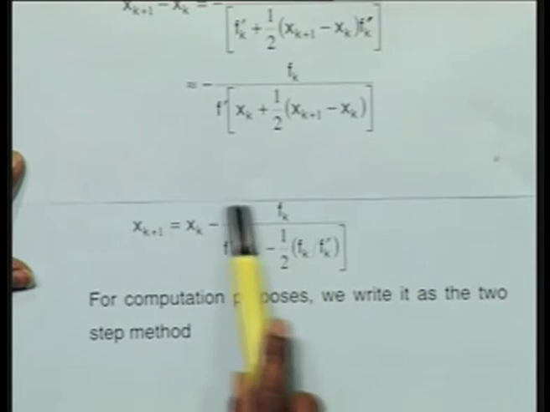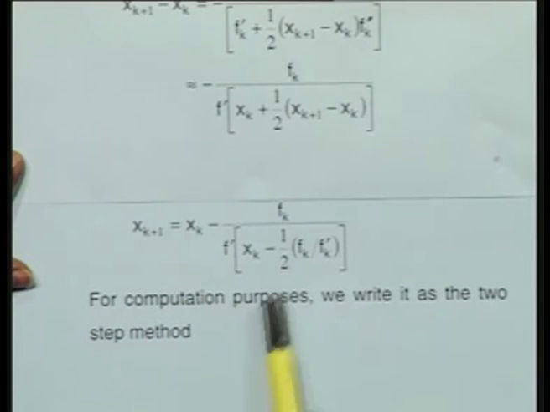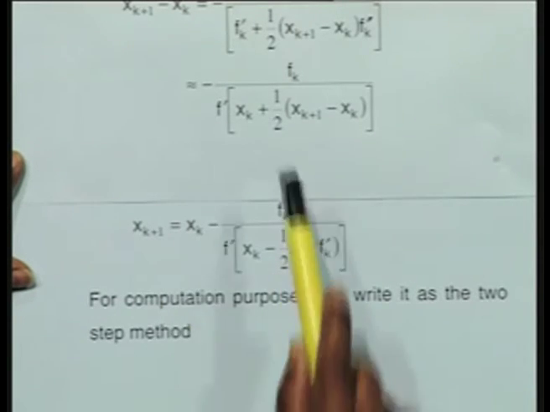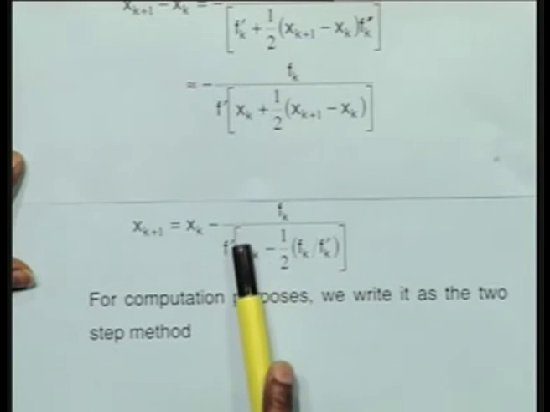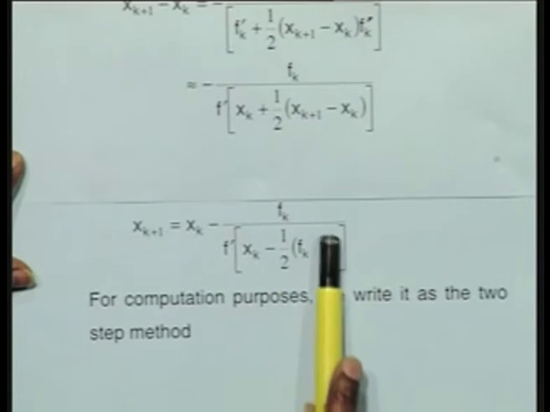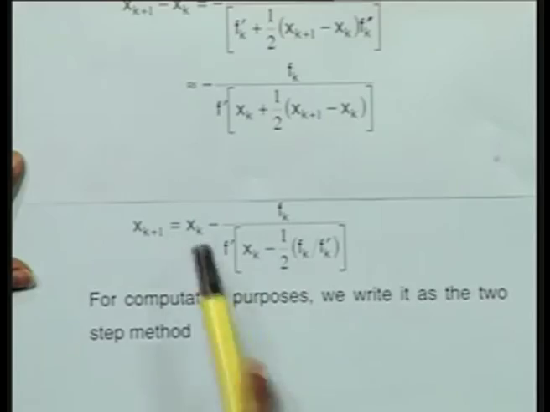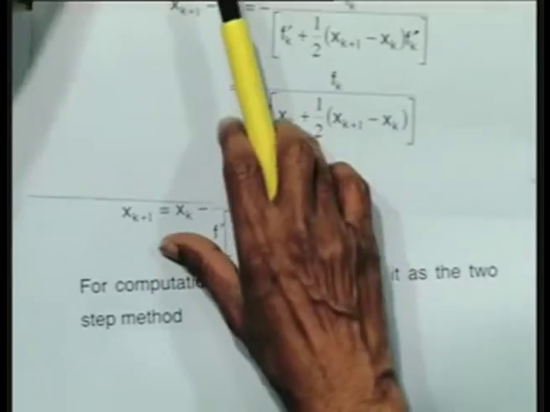We shall show it is again 3. Now, this is a multi-point iteration method, but this can be written in a very nice fashion as what we call a two-step method. That means we shall write this method in 2 steps. One is the evaluation of this particular argument of f dash k, and then evaluation of this. So, we would therefore write this method as follows.